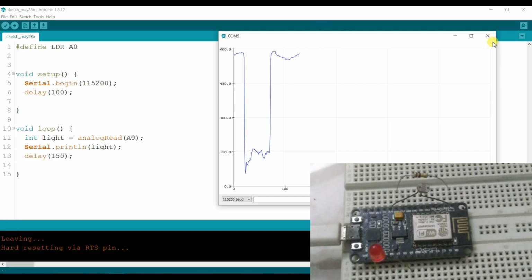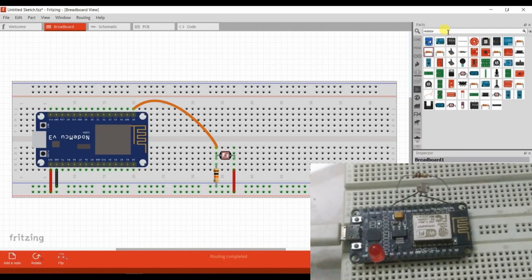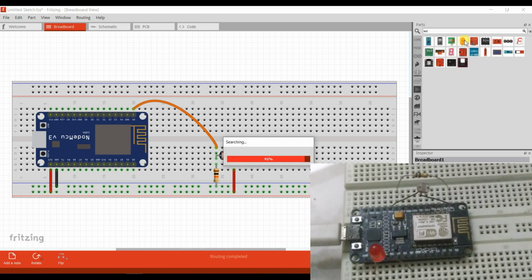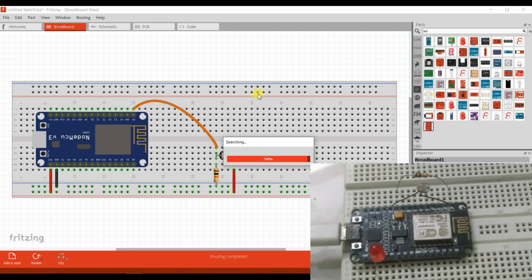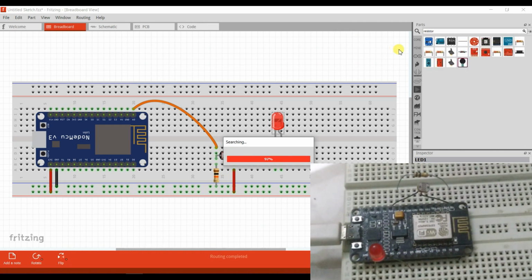Okay, I will attach an LED. So here I will search for the LED, and a resistor.